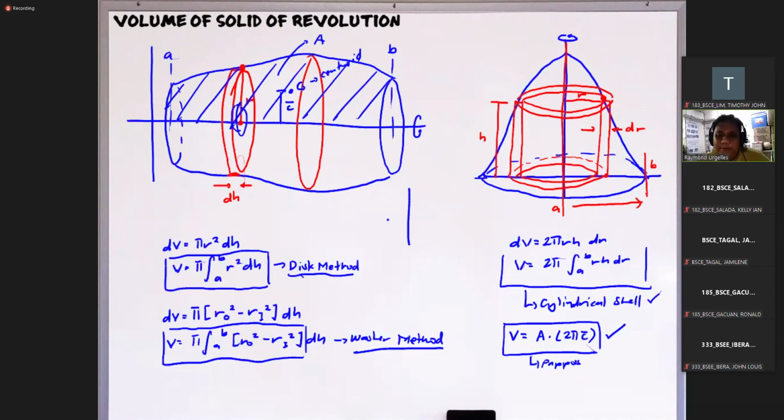Okay? So for example, pag ganito yung curve natin, ito yung area na i-revolve natin. So again, hindi pwede to. Hindi pwedeng i-solve using Pappus theorem kasi meron kang overlap, dito sa part na to. Okay? So yung tatandaan natin dyan. Any questions for this part?